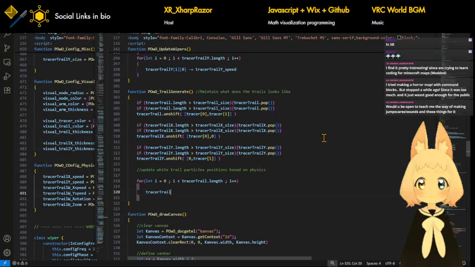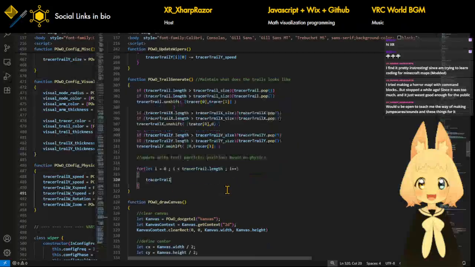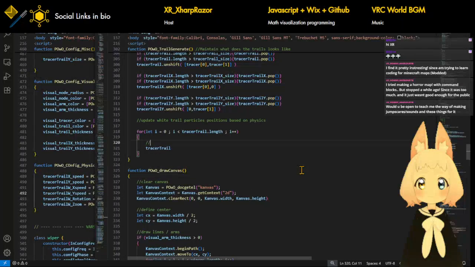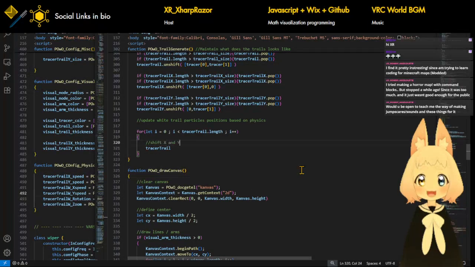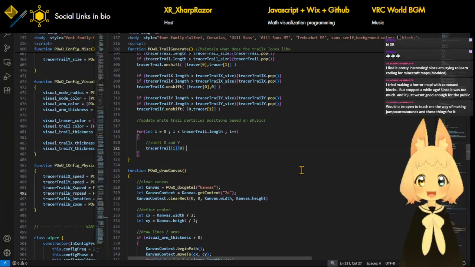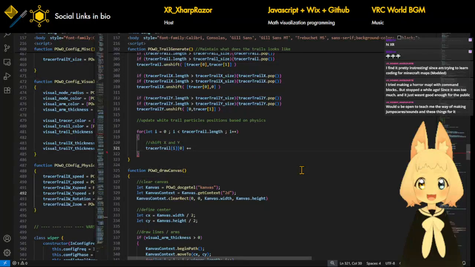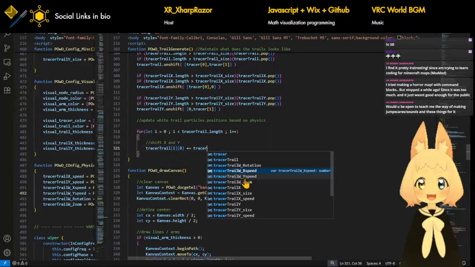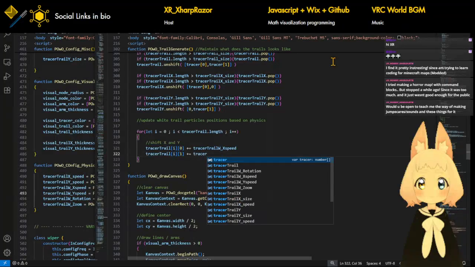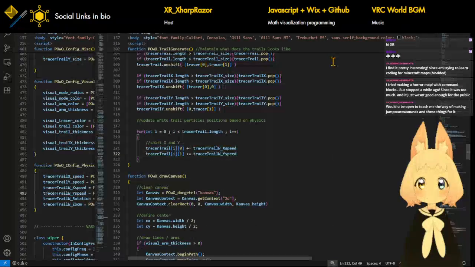Inside trace a trail, it's a whole bunch of 2D arrays. So shift X and Y: tracer trail i 0 plus tracer trail w x speed, tracer trail i 1 plus tracer trail w y speed. Now